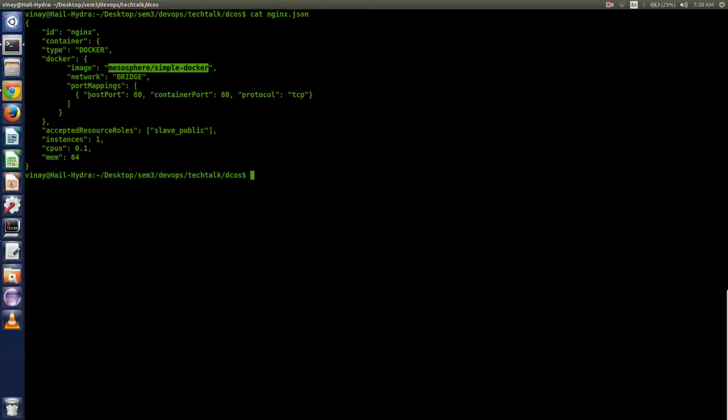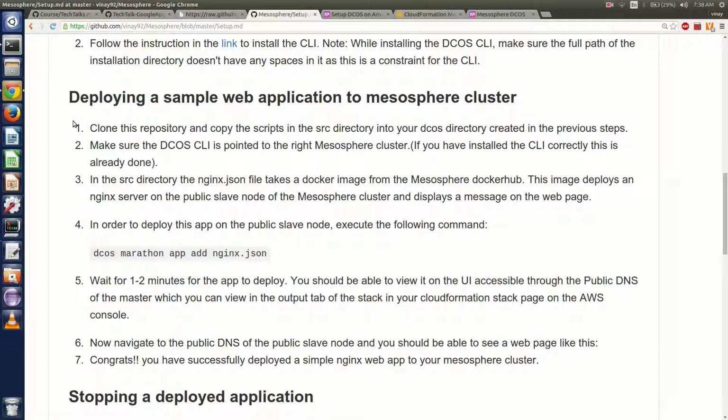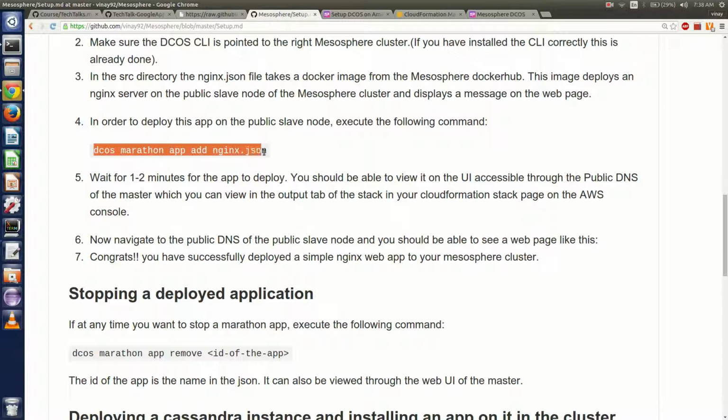So we'll be starting the server on host port 80, and the most important thing is we also give it the role that this should run on the public slave, so that this is visible to us. Essentially, Mesosphere does not give us access to the private nodes, it only gives us access to the public nodes. So we need to run this on public so that we can see the output of it. So this is the nginx.json, and we'll go ahead and run this command